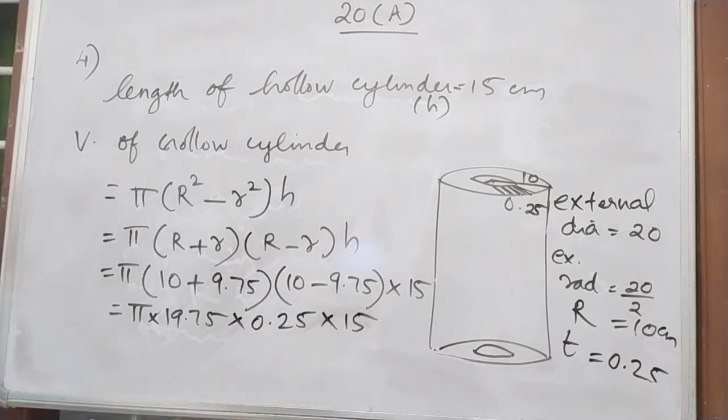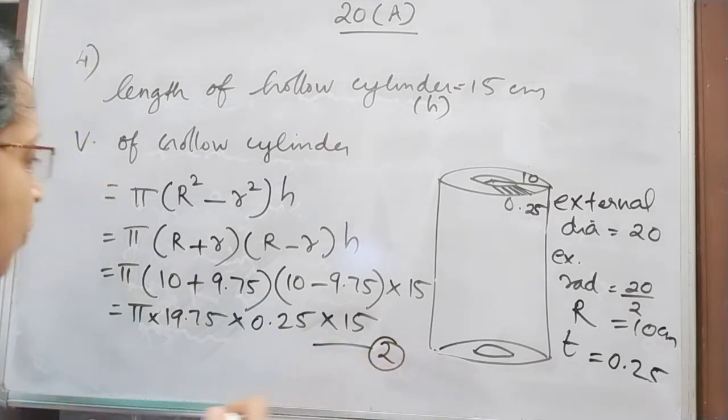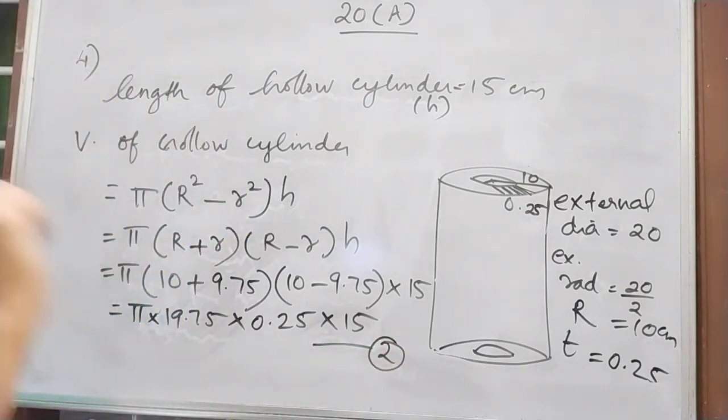So we can say what? The volume of that cylinder will be equal to the volume of the hollow cylinder. Why? Because the question asks what length of the solid cylinder, 2 cm in diameter, must be taken to recast. So the cylinder is being recast and we are getting the hollow cylinder. So the volume of both cylinders, the cylinder as well as the hollow cylinder, will be the same. So we can write it as equation number 2: volume of hollow cylinder and volume of cylinder are both the same. So equating 1 and 2 we will get...